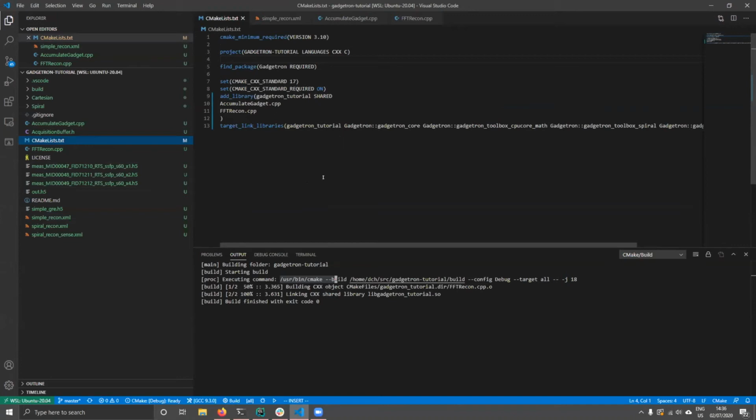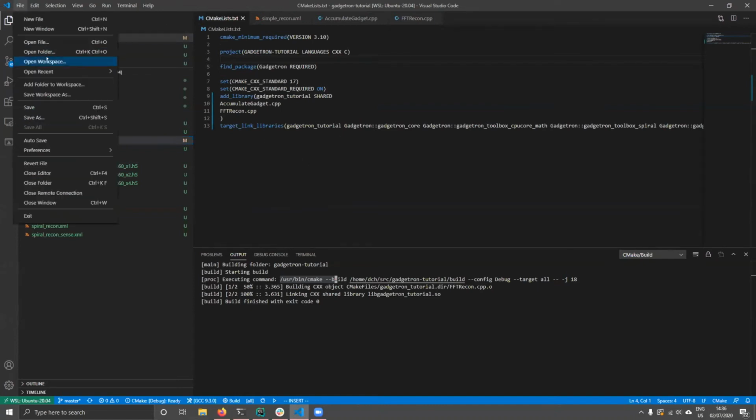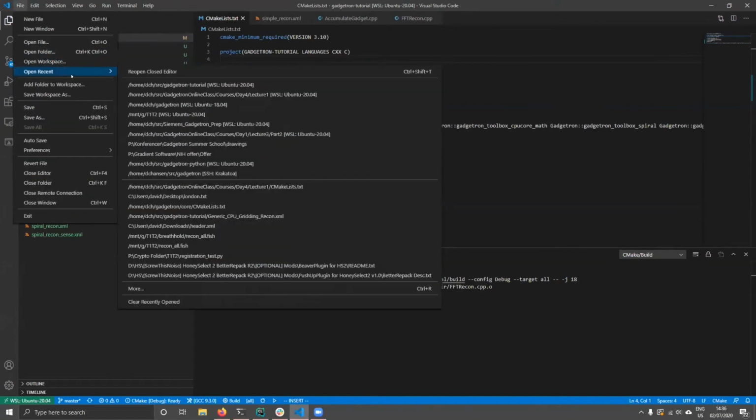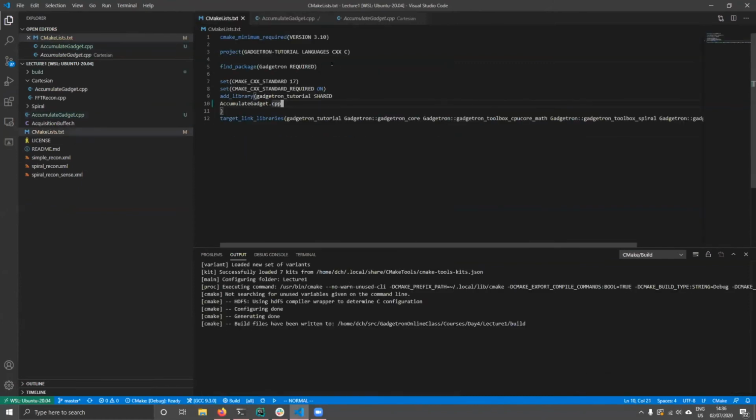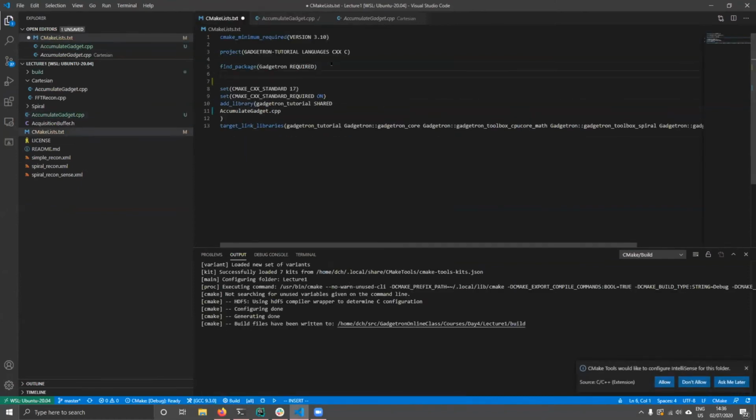This is just located somewhere else, and I don't know why. So it couldn't find ISMRMRD. We can try and go back and fix that. I don't know why this should be required, but